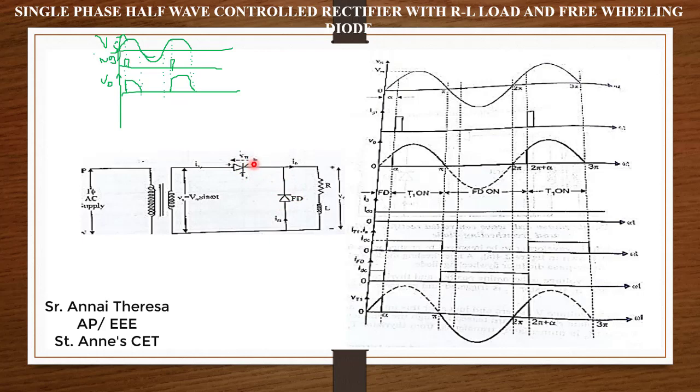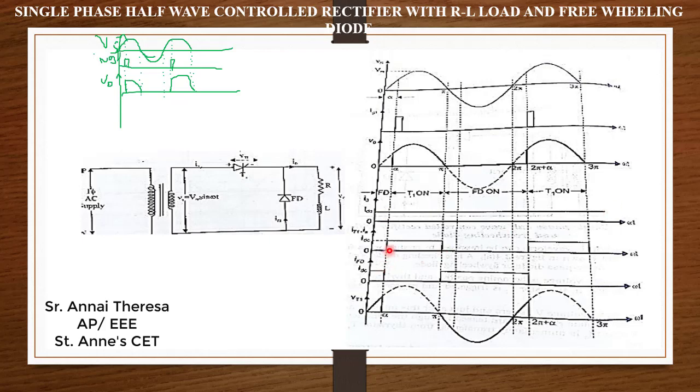So now the output current will be transferred from this thyristor to the freewheeling diode. So the output current will be flowing inside this path. It will take this path. So the output current will be continuous, even though the thyristor is not conducting. During the negative half cycle, there will be output current which is continuous. That's why we have put the straight line. Even for both positive and negative half cycles, there will be continuous output current.